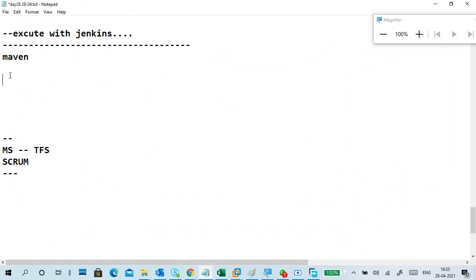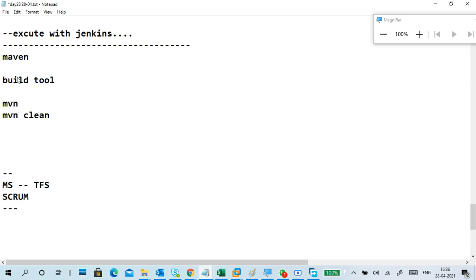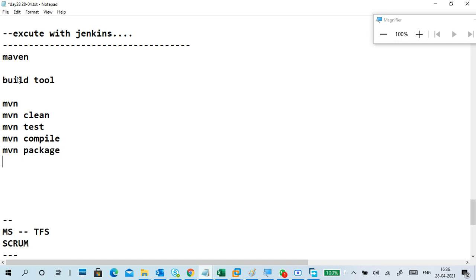Commands we use here, it's nothing but an automated build tool. mvn is the command we use here, like mvn version, mvn clean, mvn test, mvn compile, mvn package, mvn install, like this.